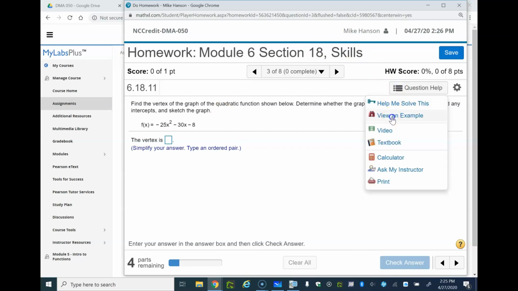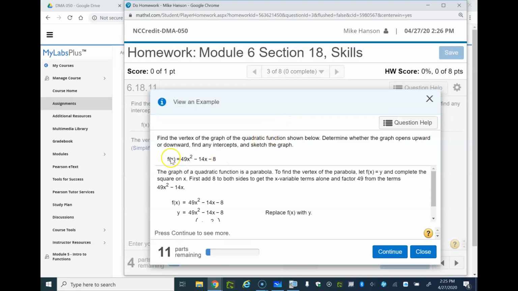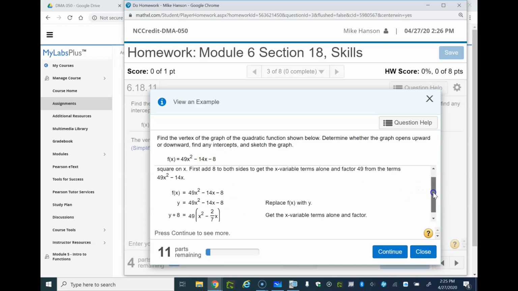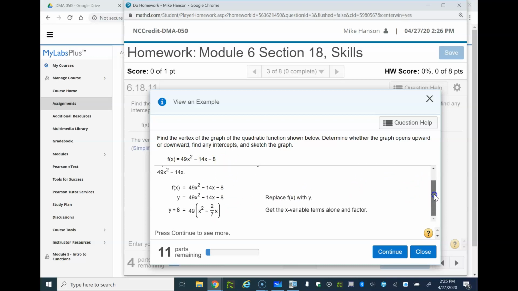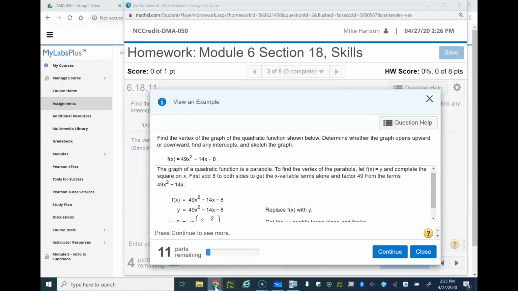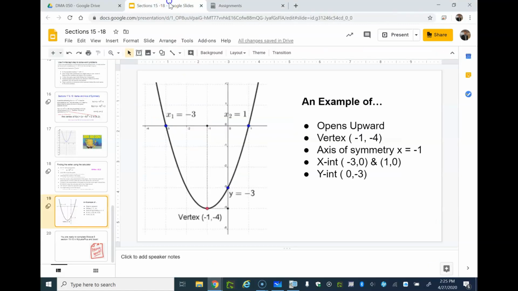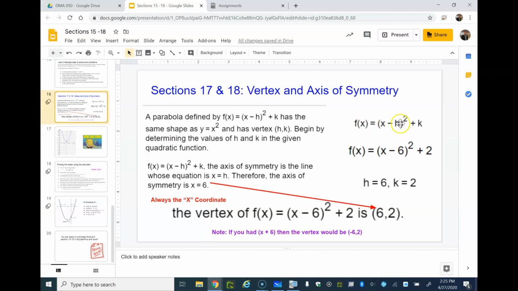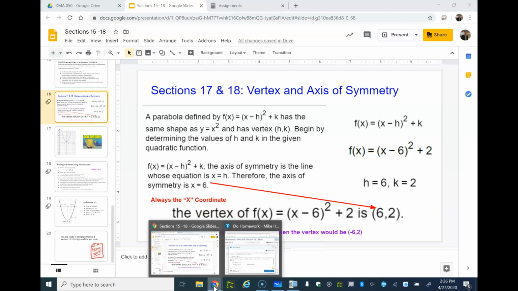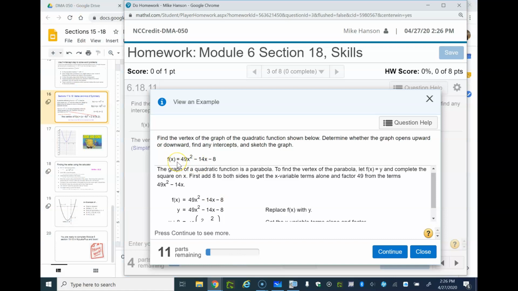So let's do actually one with the viewing example. All right, so here's our big numbers here. Now, the viewing example kind of shows you how to factor and get it into that form that we discussed in the slides, but I'm not going to require you to do that. Because we have the technique of putting in our calculators to figure out the vertex, let's just stick with that way of doing it. So let's write down our problem,